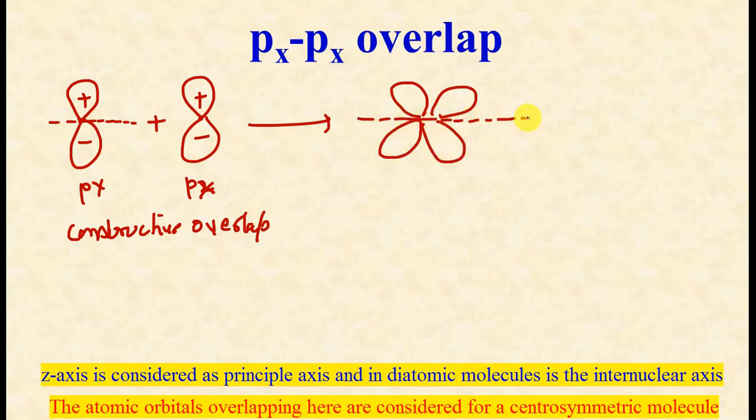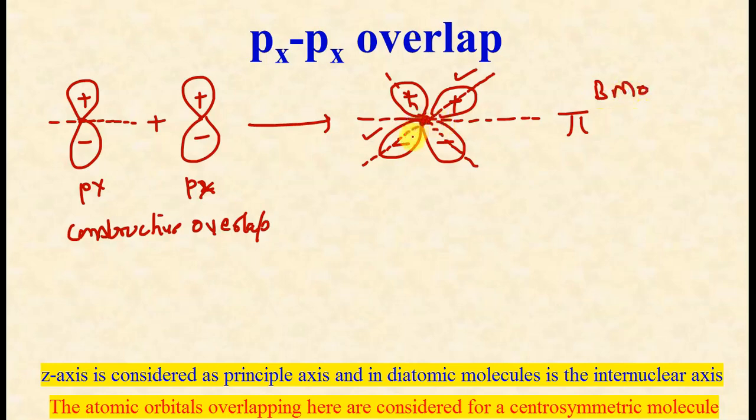This is the internuclear axis. So this is positively charged, this is negatively charged, and this is also negatively charged. If we pass a line from this central point, we will get different signs across this line: a positive sign on this side, a negative sign on this side. We can also extend this line the other way. So this is forming a pi orbital which is bonding in nature but does not have the same type of distribution across the center of inversion. So this is represented as pi u.